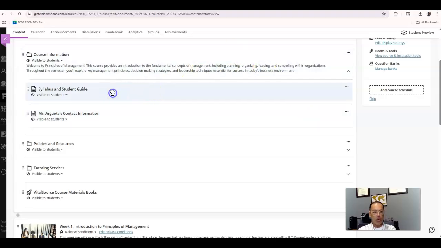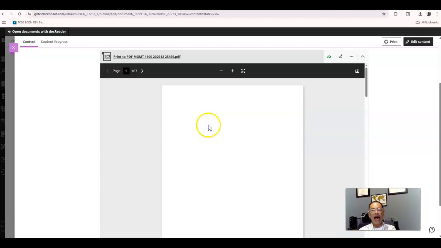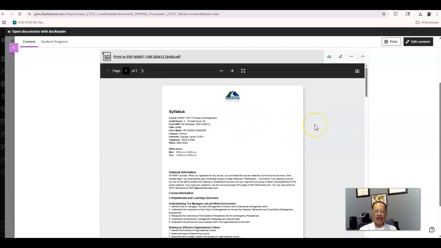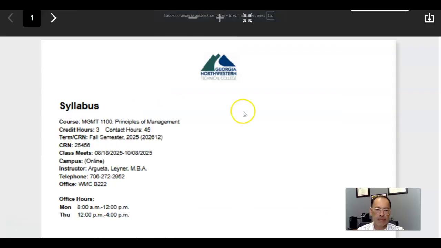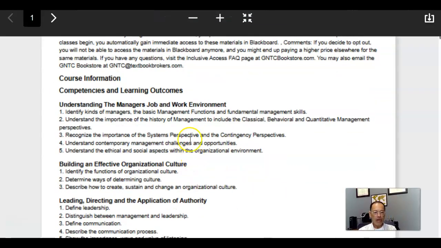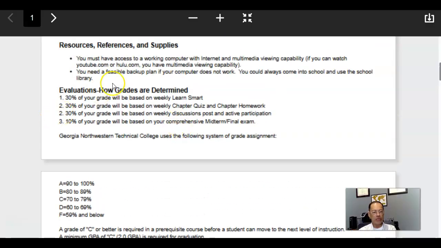That said, let's go to the most important thing here, the syllabus. All right, the syllabus is very important because this is how we grade you. And this is sort of a contract between what to expect and what the objectives are, what we're trying to learn. But my contact information is also there. Let me make this a little bigger so we could see it. All the learning objectives are listed out, but what I want to get to is this portion here.